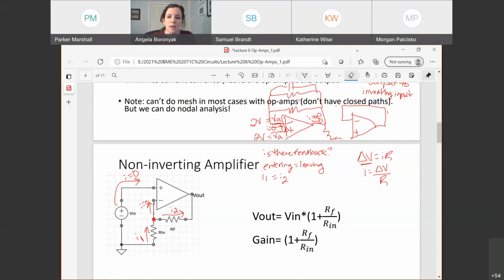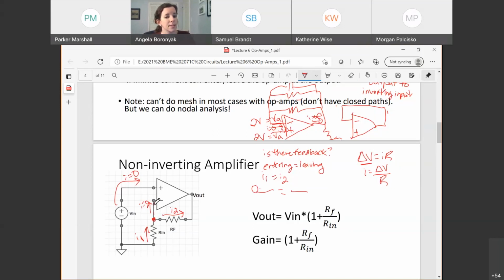It's delta V and then over what R? So it starts at, what's my voltage down here? 0. So I have to write it as 0 minus, and then it goes to some voltage up here